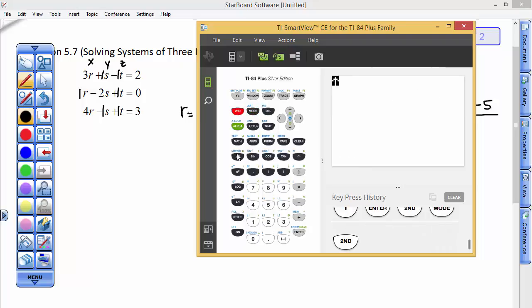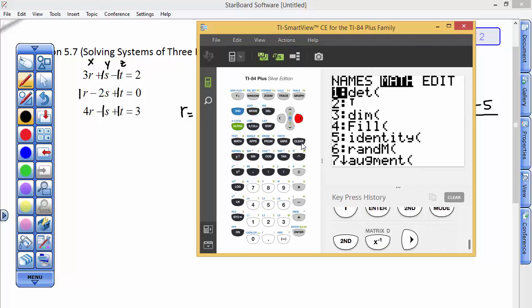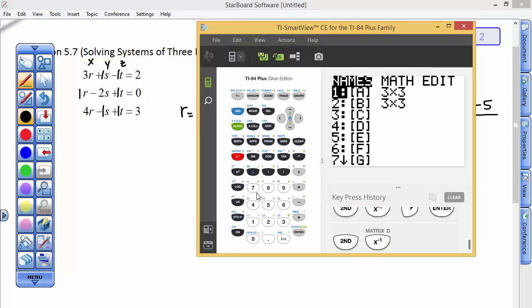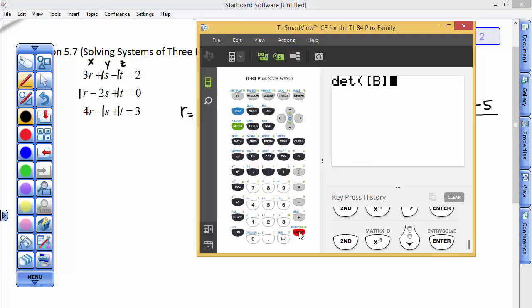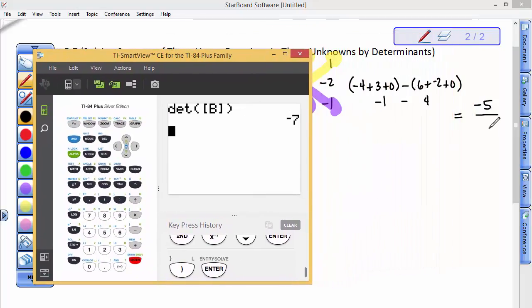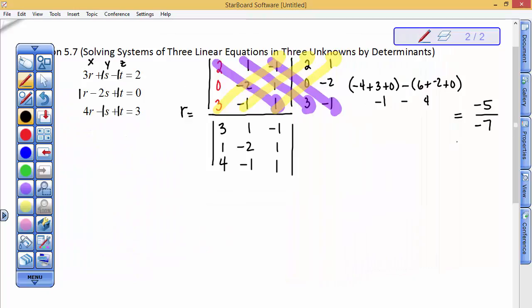Now go back to second matrix, and under the math feature, grab the word determinant because you want to evaluate the determinant. Again, under the matrix, second matrix, you want to go to number 2 to evaluate B. And I like to close my parentheses, and the value for that determinant was a -7. So right over here, I'm going to put a -7, and I have now found out that R is equal